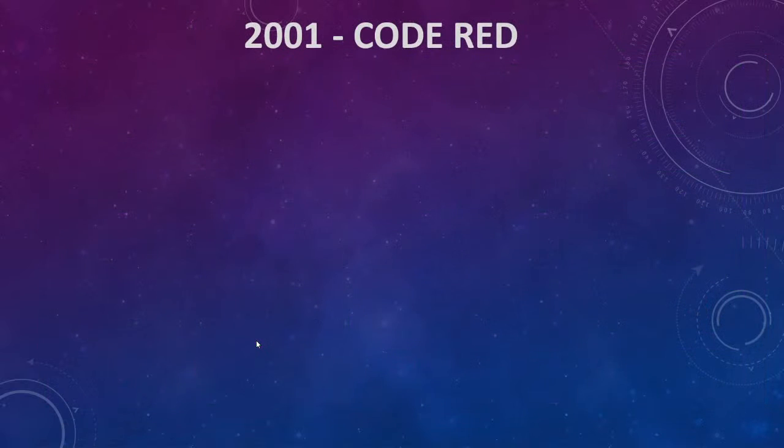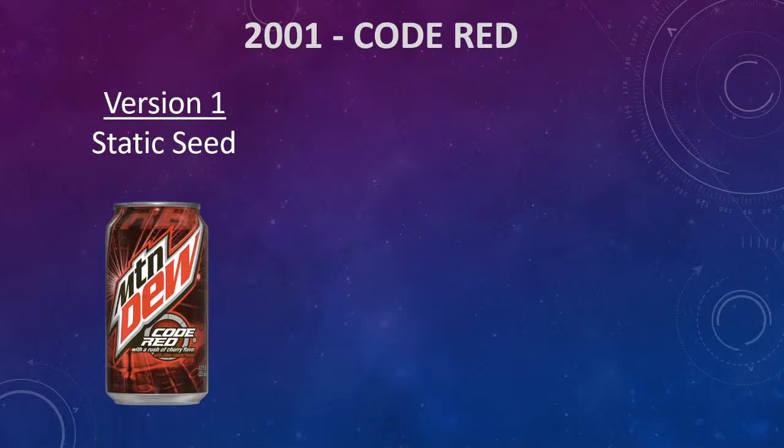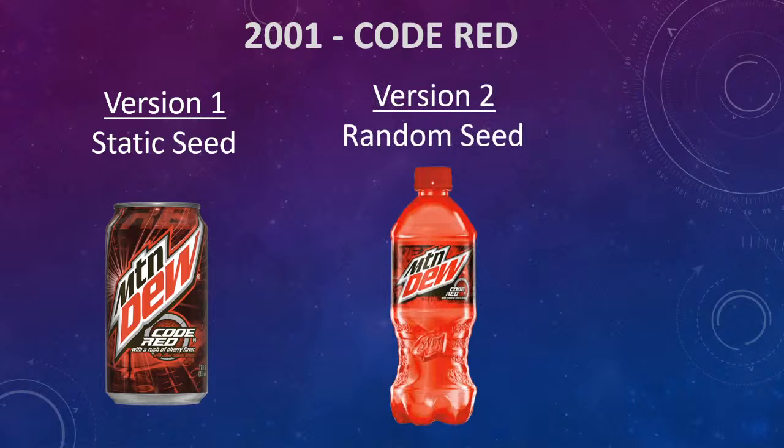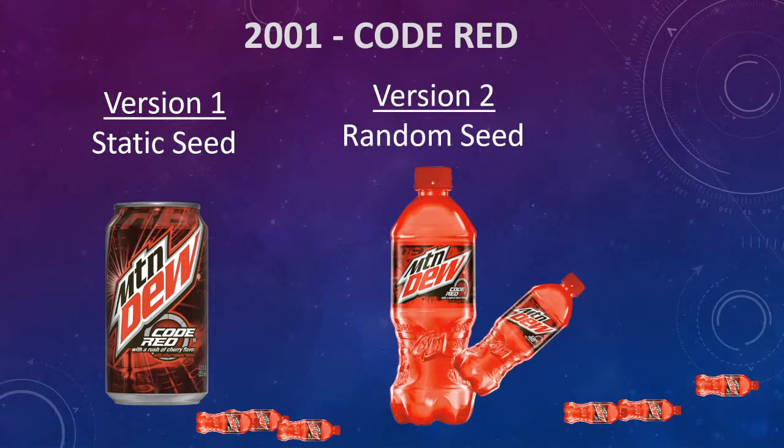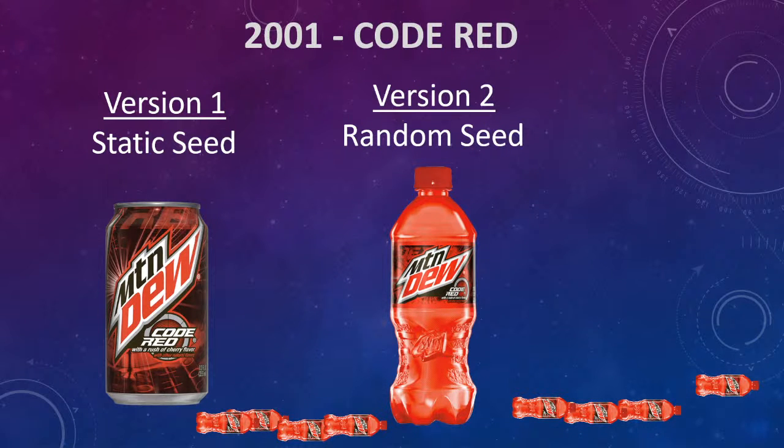All of what I said was strictly for Code Red version 2, because there were actually 2 versions released 1 week apart. The biggest difference between the 2 versions is the first one used a static seed to generate random numbers, and the second version used a random seed. And even though those changes seem minor, it made it so that at its peak, Code Red version 2 was infecting 2,000 hosts a minute and is believed to have caused billions of dollars in damages, infecting over 350,000 hosts.